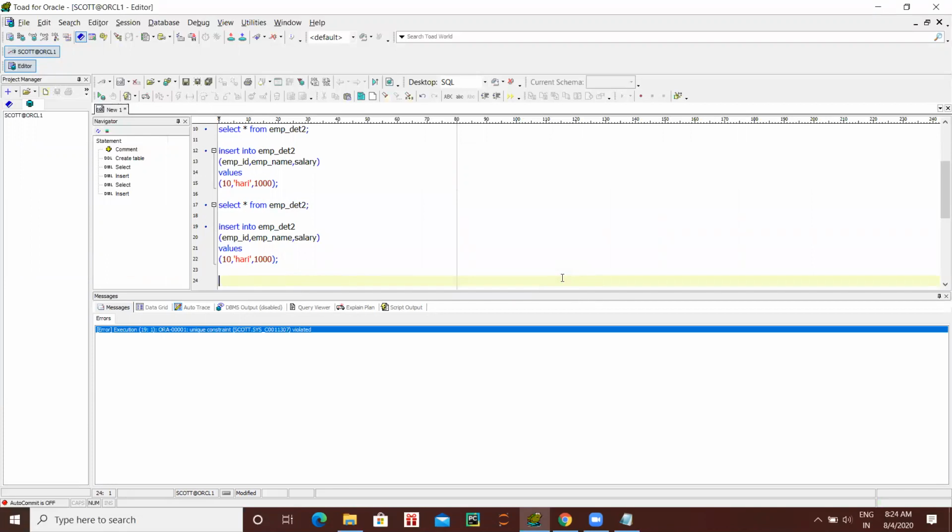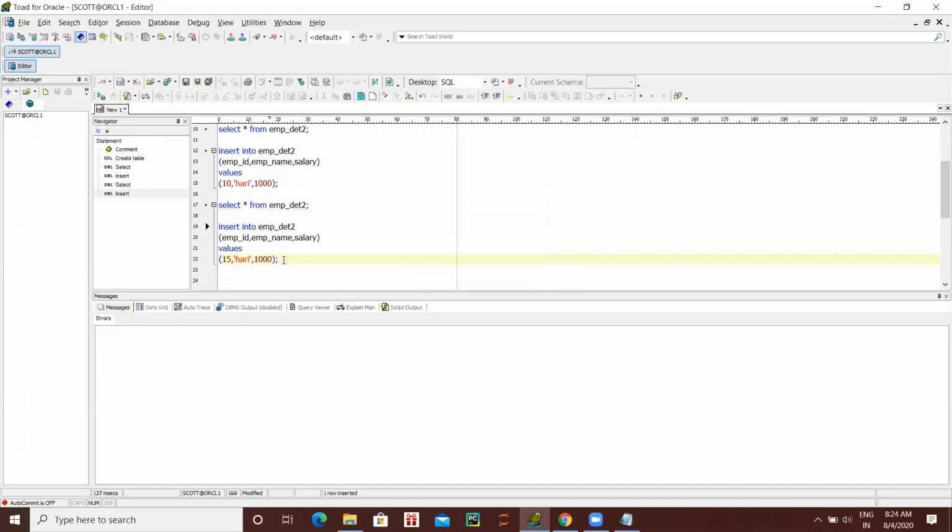The unique constraint is there only on employee ID. So instead of 10, in the insert statement you can change that value to 11, 20, whatever you want. Now run it.